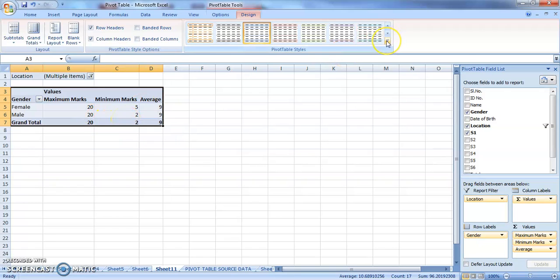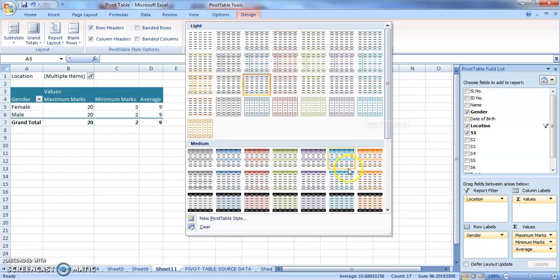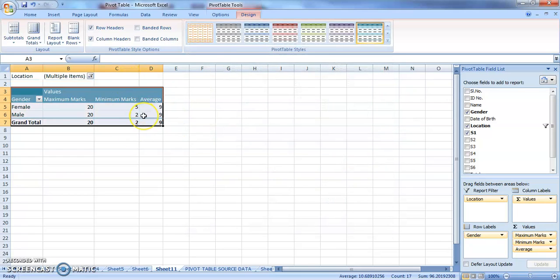I'll give a style. There are different pivot table styles as we look into the styles in the table. Okay, here I am giving a color of such kind. You can see the changes happening there. Okay, you want it still darker, you can see here. Right. Now this is how you can make changes in the table style also. Okay, if you don't want row headers, you can remove them. Column headers, you can remove them. Okay, all this you can do.